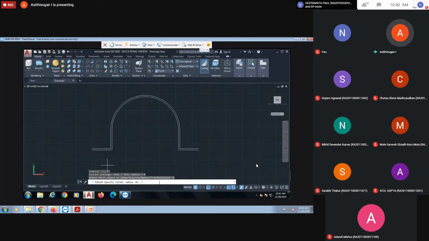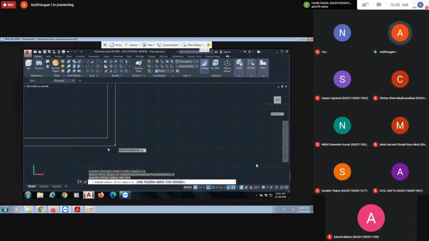I'm going to give a radius of 0.5 mm. Then select objects. See, I'm zooming in. Now this is straight and perpendicular, but now I'm going to use the fillet. Select object. Now this will be a curved one with radius 0.5. I want to fillet here also, so you can use the fillet command.